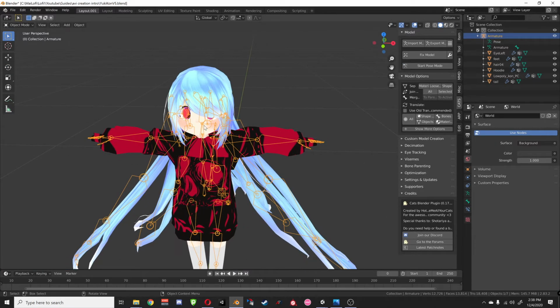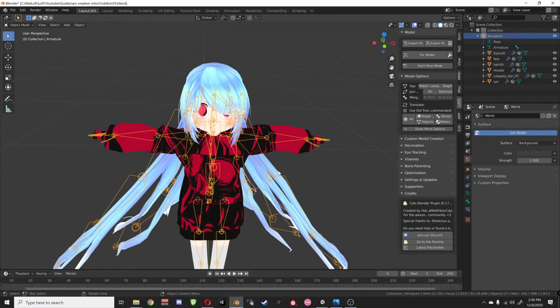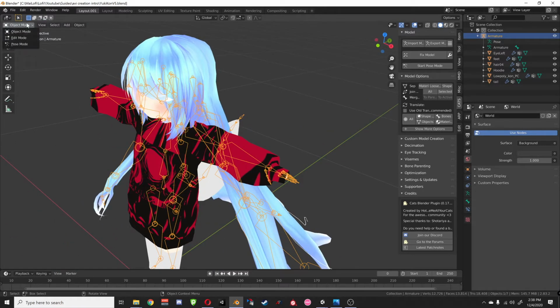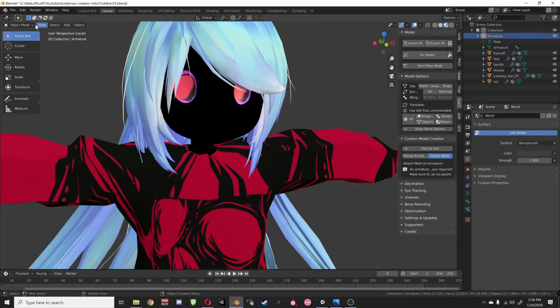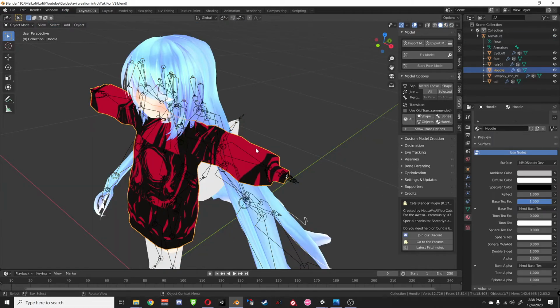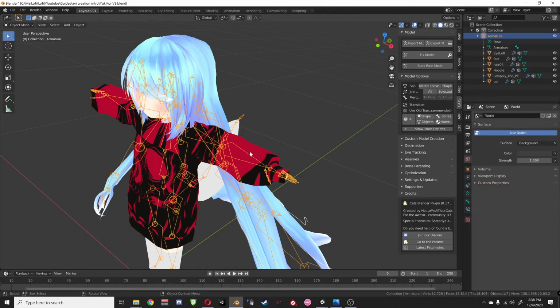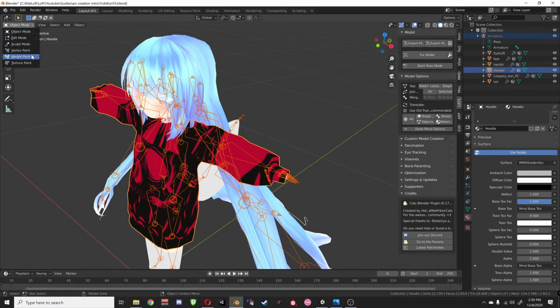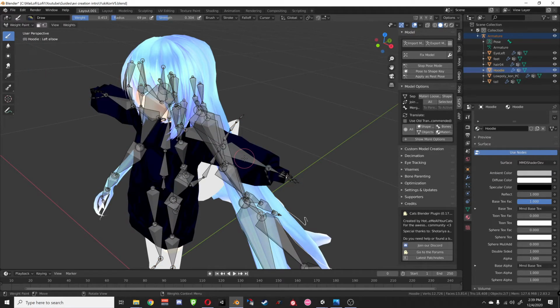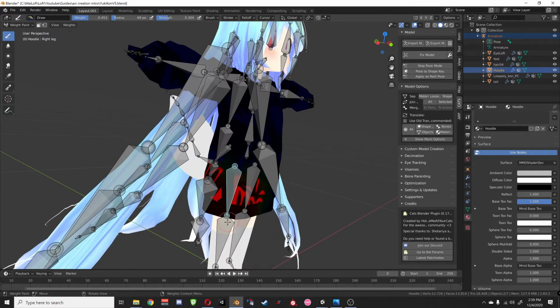And how this works is, this is actually weight painting. So this is probably the hardest thing to do in Blender, in my opinion. But if I go to weight paint, you can see that each bone has a different